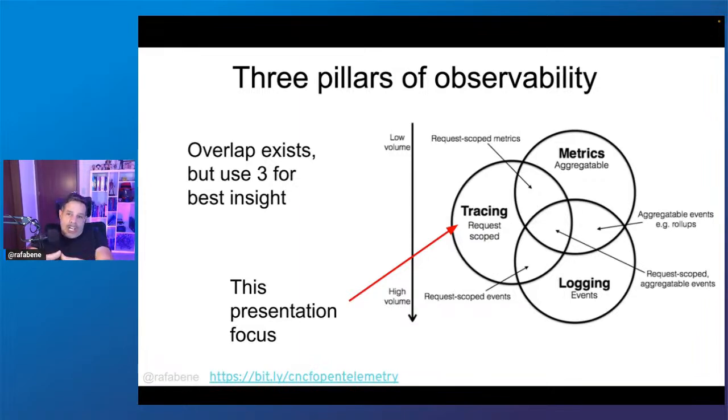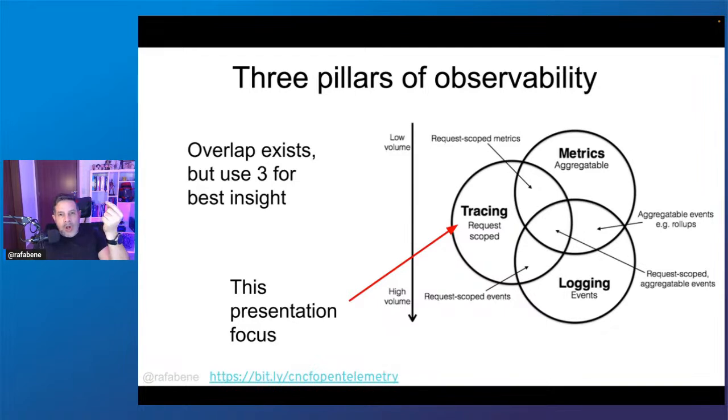We can watch our software in the perspective of metrics to understand how it's behaving in terms of memories, thread pools, connection pools, allocation of resources, and we can see also the perspective of tracing. This presentation will focus on tracing, okay?